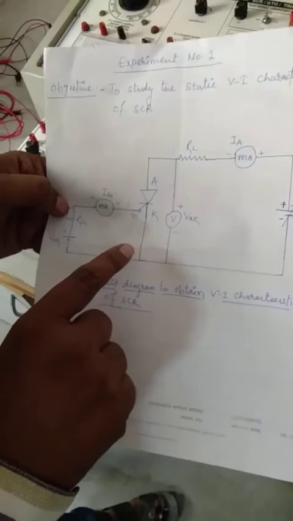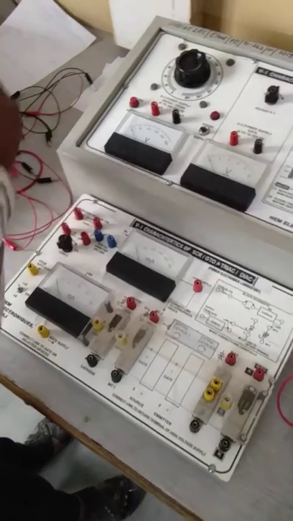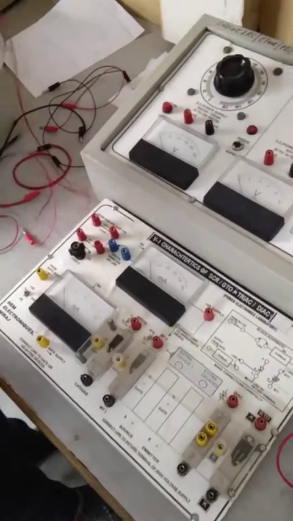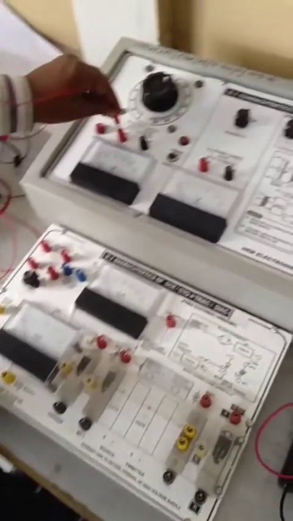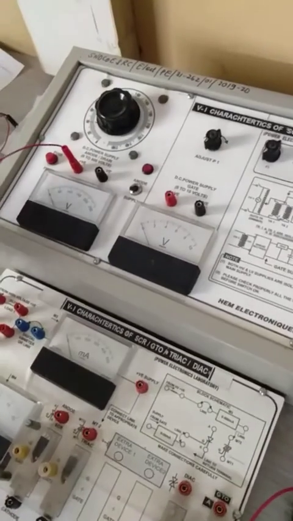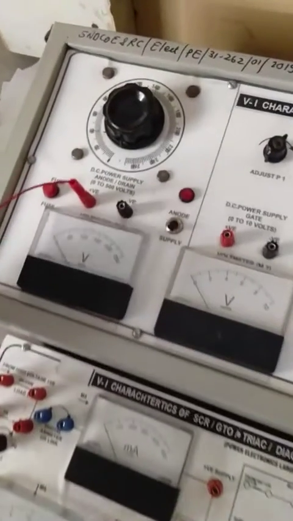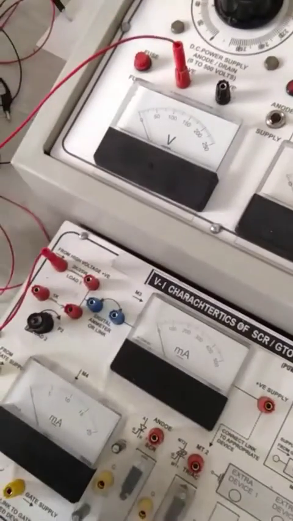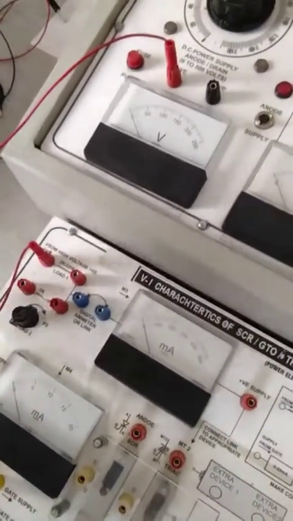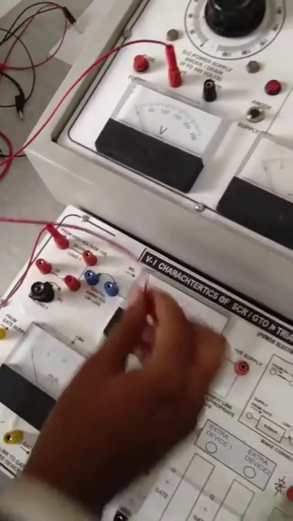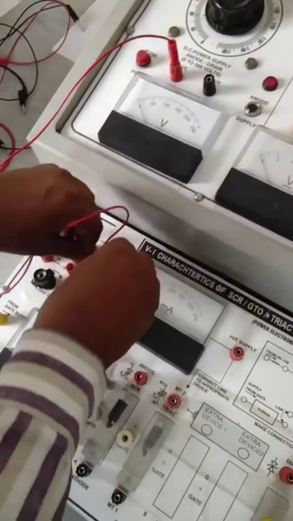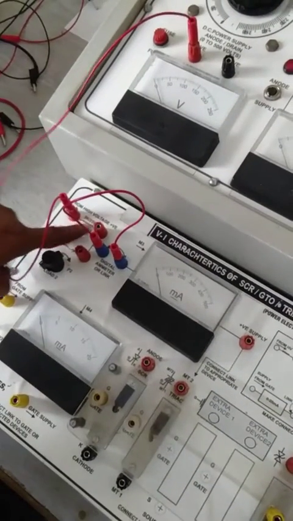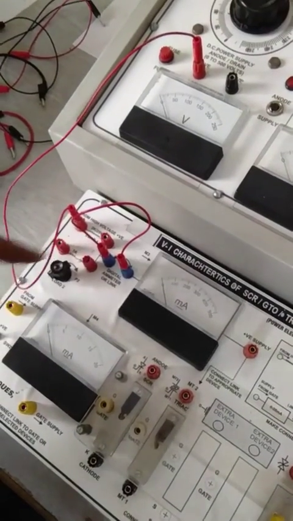Now we will go to the kit. Okay, make the connections as per our circuit diagram. So this is the voltage supply. Okay, this is the positive voltage, this is given to this, and this is the link. This is the load resistance, this is the constant load resistance.